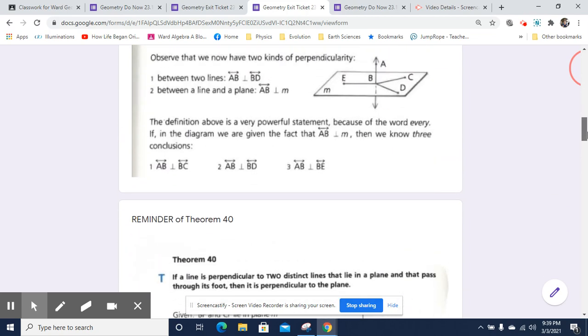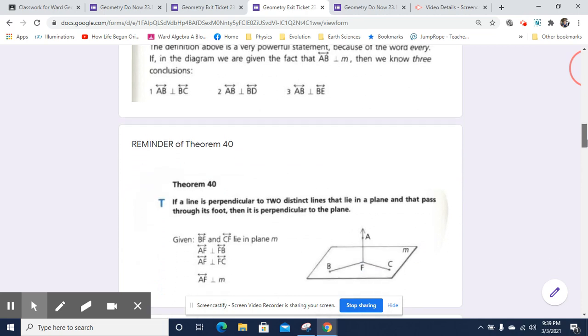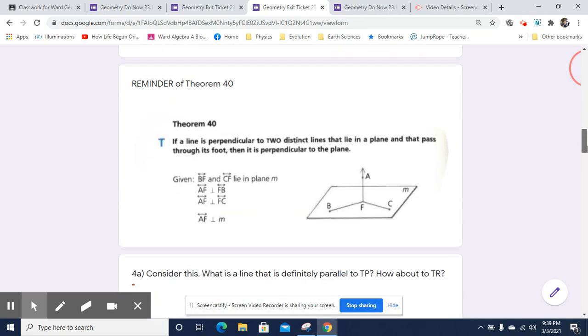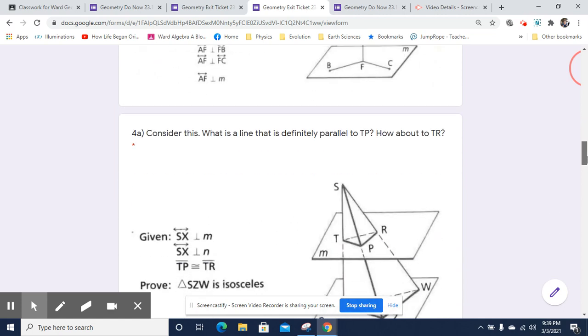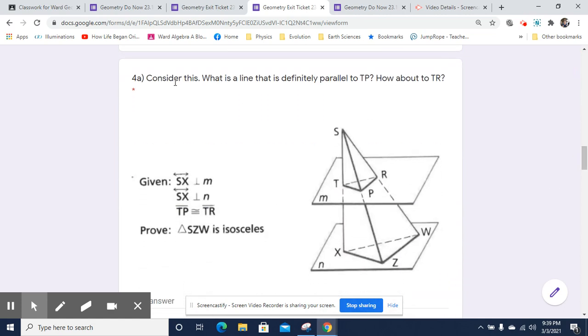So let's go down to the questions that you might need help with. Once again, I've reviewed this definition and this Theorem 40, so I'm asking a few questions before I ask you to jump on the proof. So consider this: what is a line that is definitely parallel to TP? And how about TR? Well, since